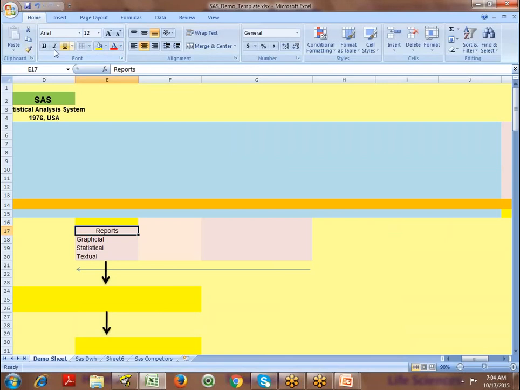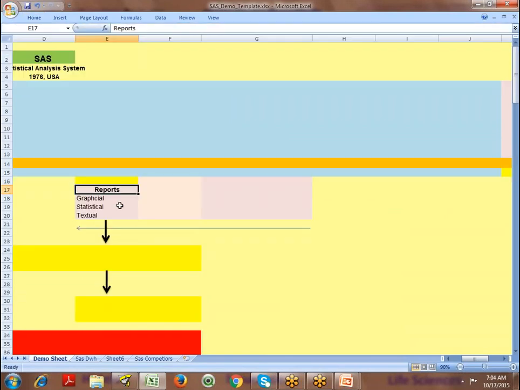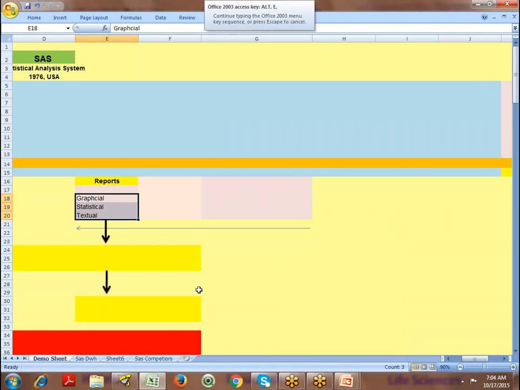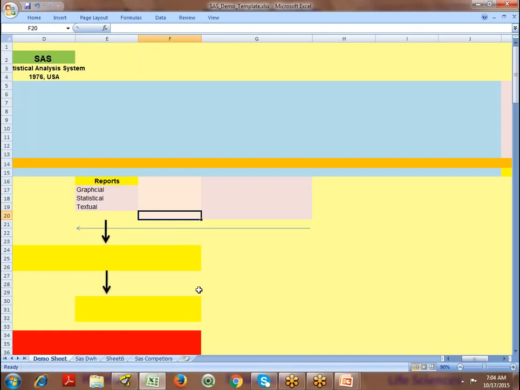Any business that you take, the business users are always interested in different types of reporting for decision making. So these are the decision making reports that are generated.